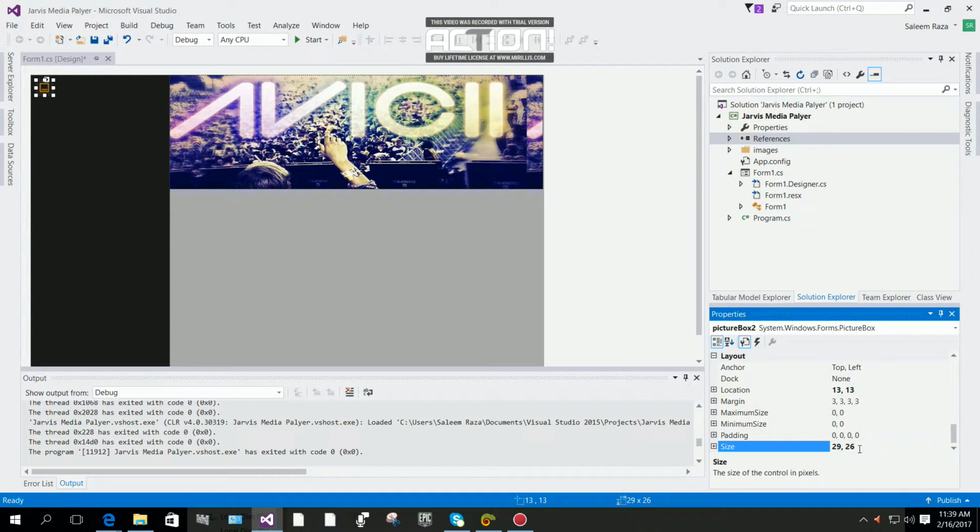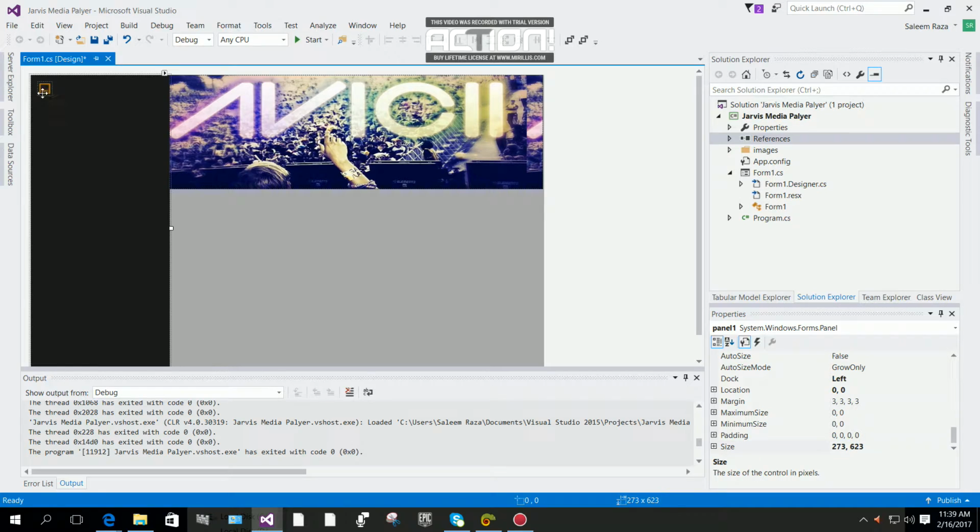Okay, you can make it 30 by 30. I'm going to make it 30 by 30 pixels. Okay, something like this. Okay, now after that I'm going to copy this with Control C, and I will paste it, Control V,